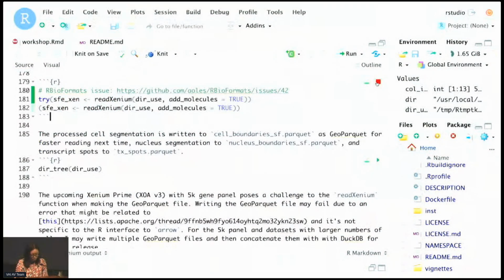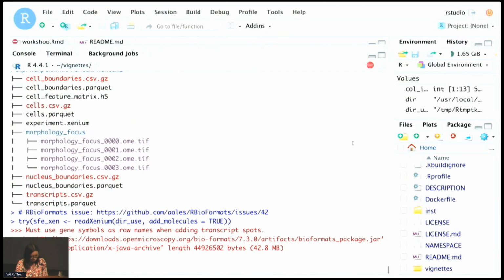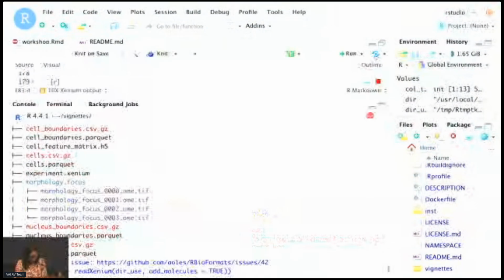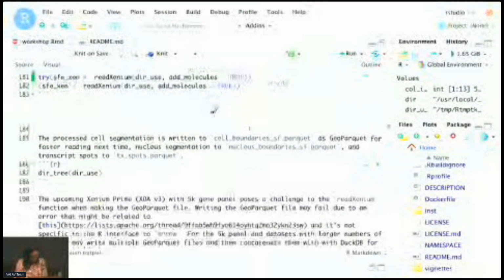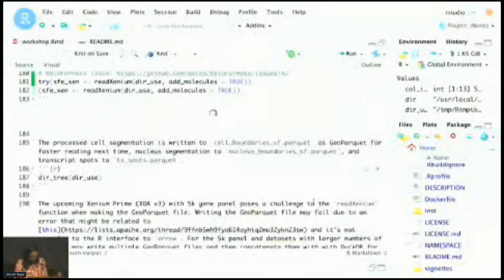So here I would load the data into R. Oh, here it's installing RBioFormats.